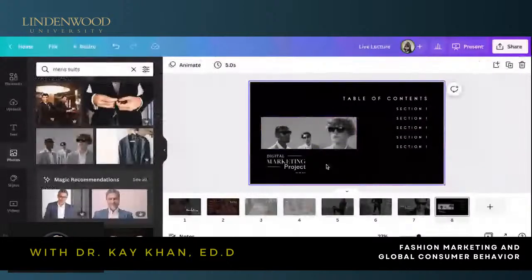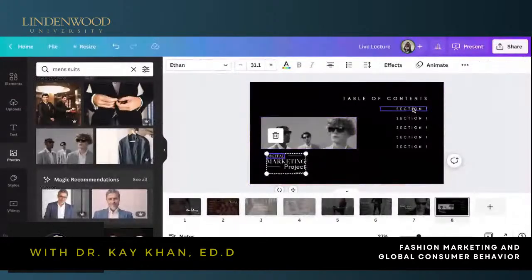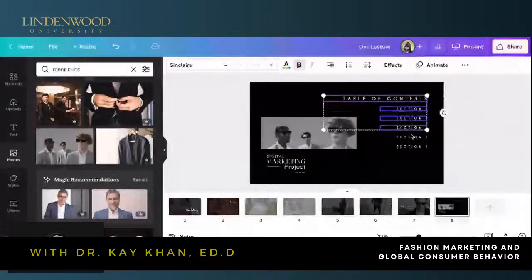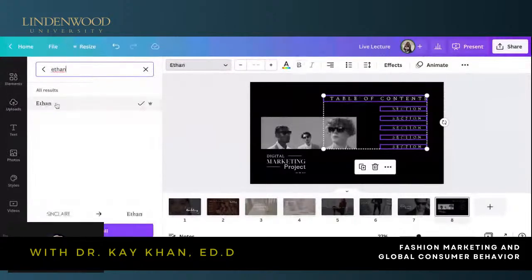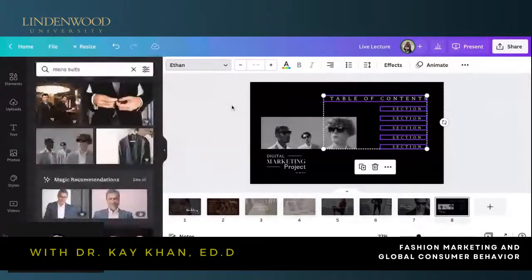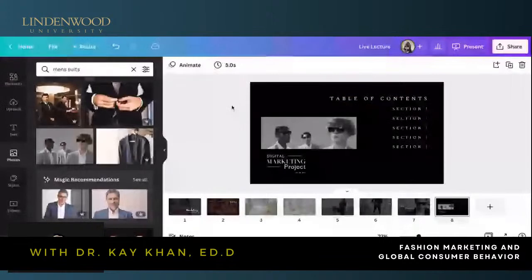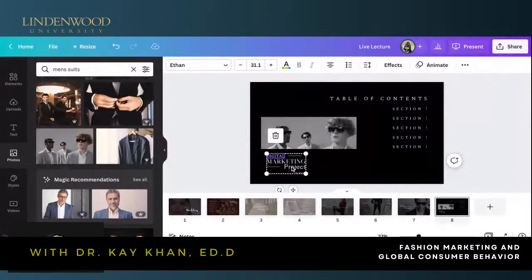And then let me see what text this was. Ethan. So let me turn all this text to Ethan. Why does it look like this? It's not the same. Is that the same font? Okay, maybe I'll use this font.